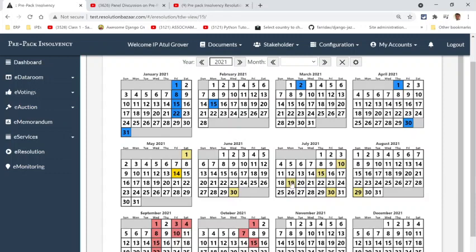And then by the 79th day, in case there are classes of creditors, the communication for the authorized representative has to be done by the insolvency professional. And then by the 90th day, the corporate debtor would have filed for initiation of pre-pack with the adjudicating authority.